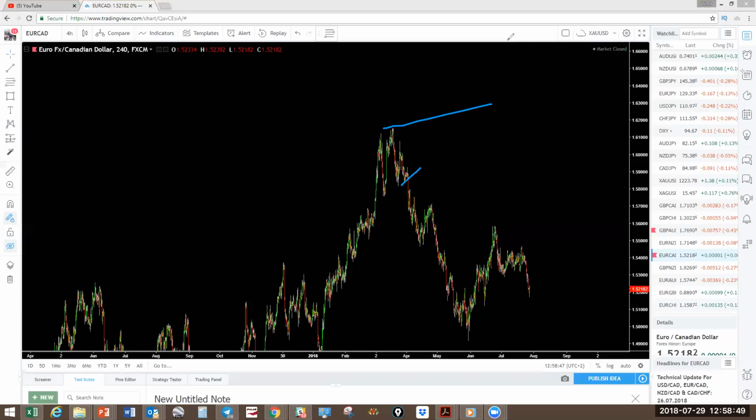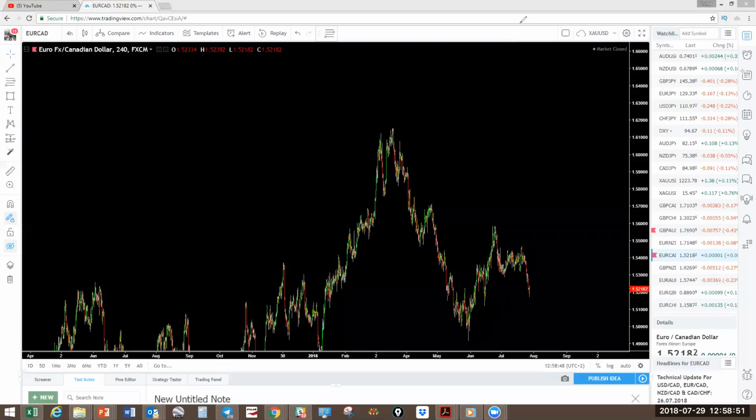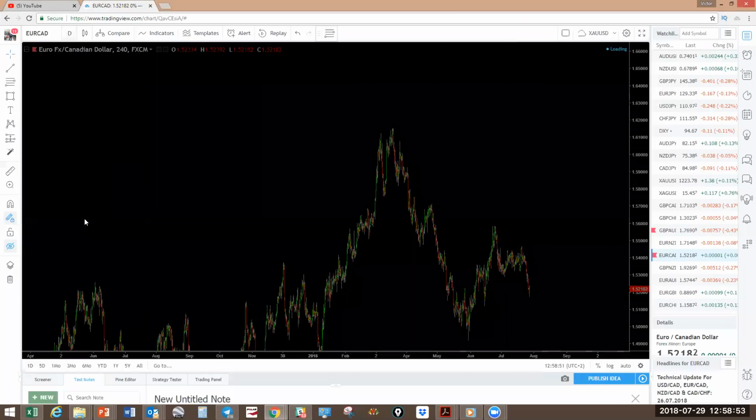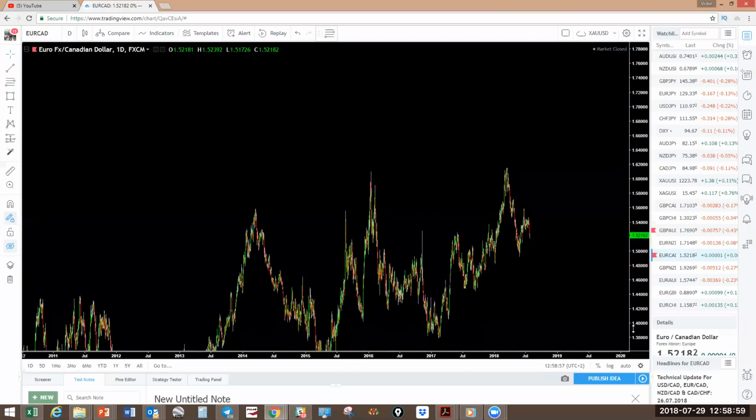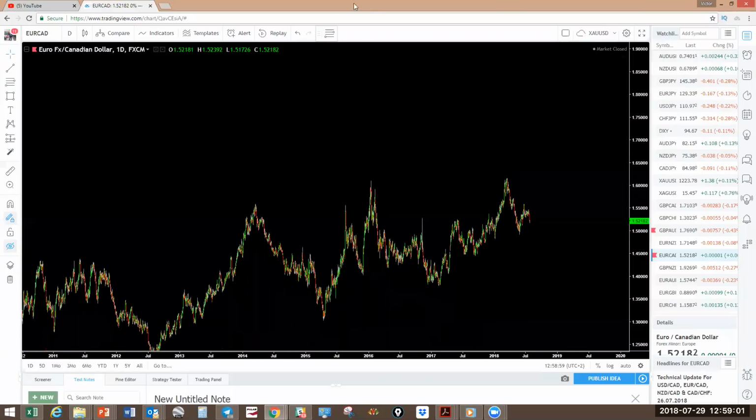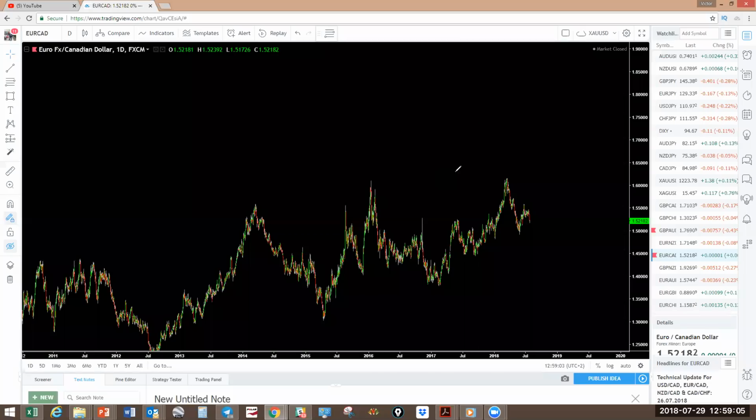Because it had touched that level. Let me show you that level again, so where that comes from. It comes from the structure. It does not come from support or resistance. Even support and resistance traders will probably have gotten this one from here because it confirms that strategy as well. But we're looking at this as a 1, 2, 3, 1, 2, 3, looking for a passing move to the downside